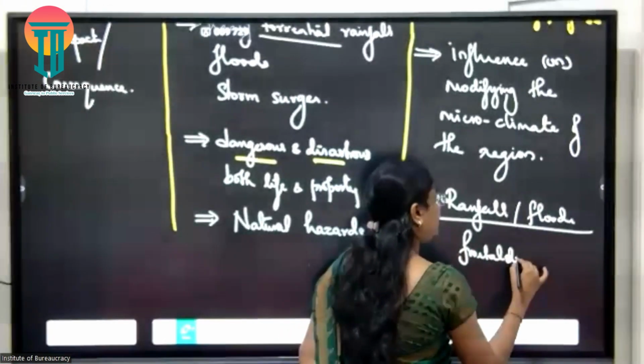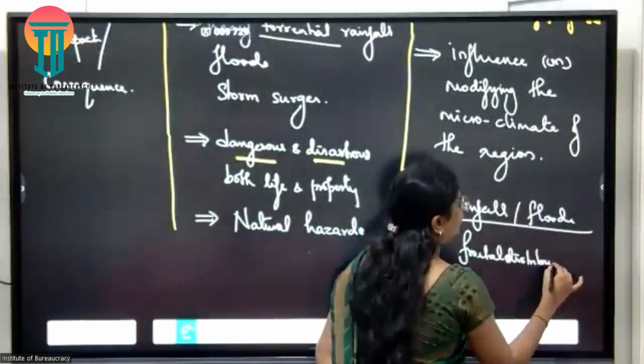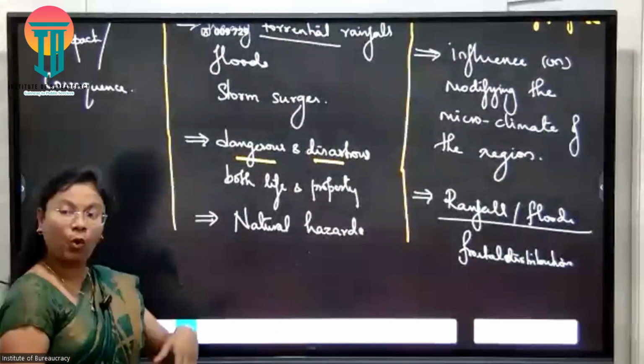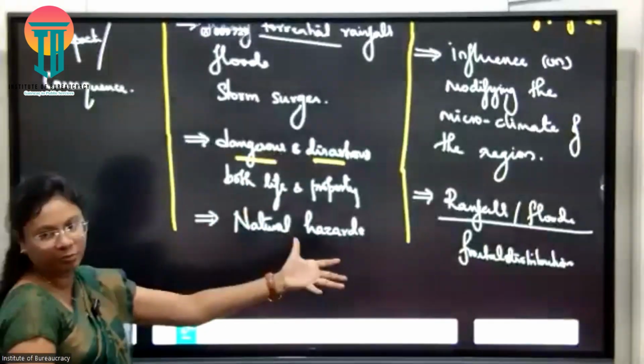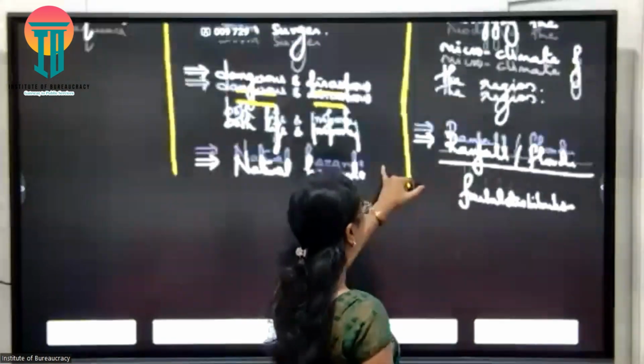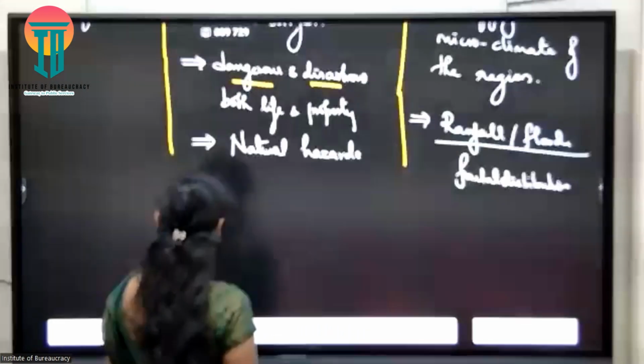Along the frontal distribution, in the front, heavy rainfall, sometimes resulting in flood conditions, cold front, cumulonimbus clouds, heavy thunder and lightning. Illaya, there is another occasion,